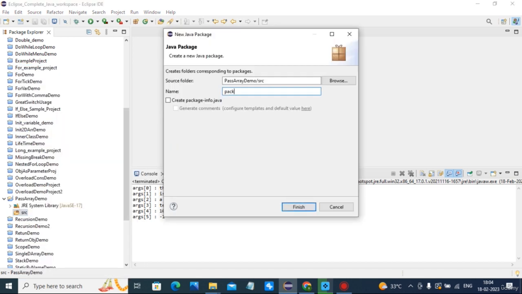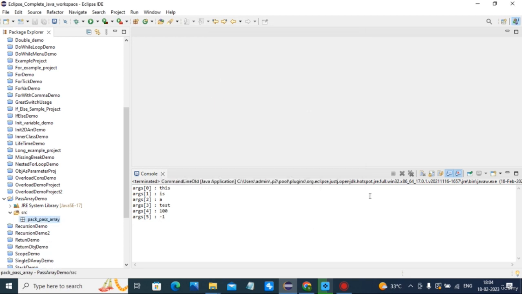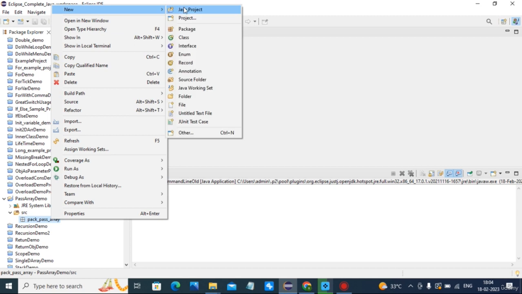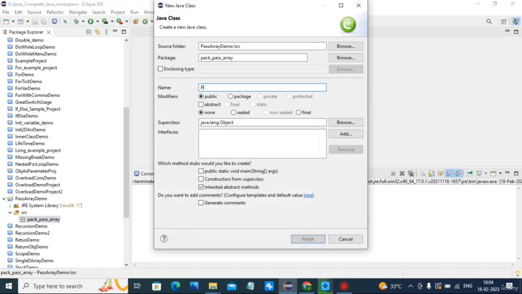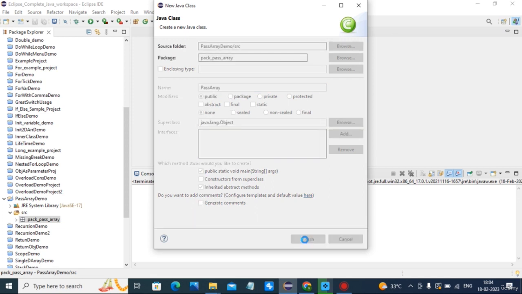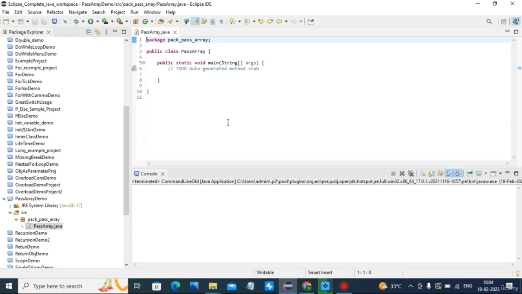Package pass array. Now I create one class called pass array with main.